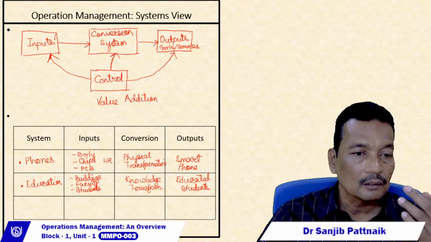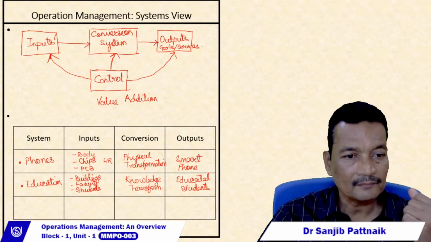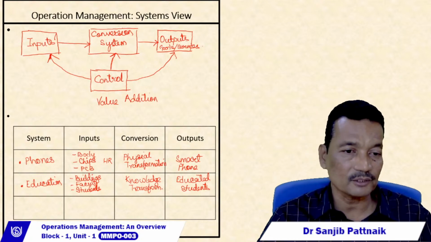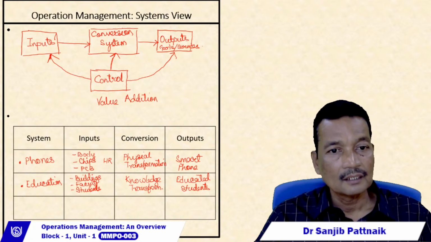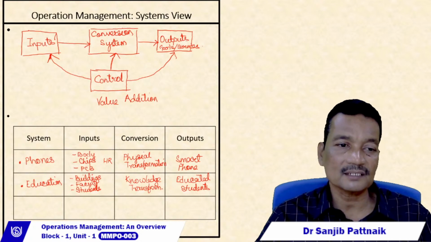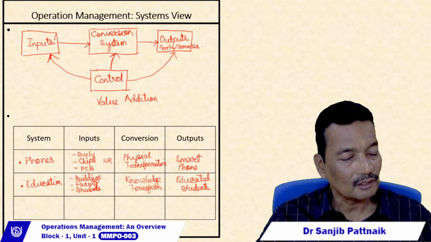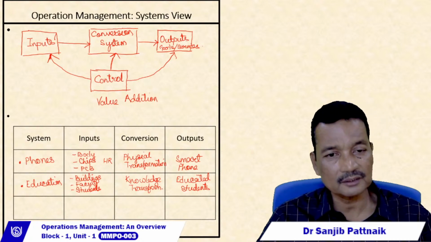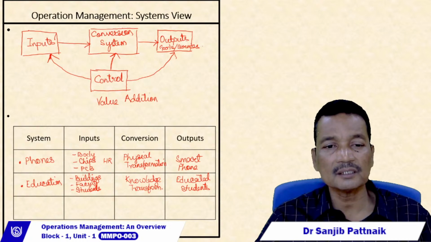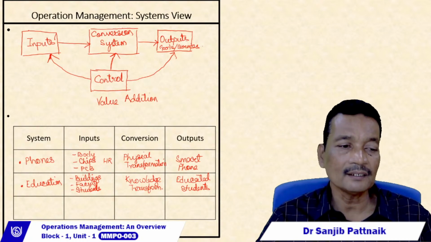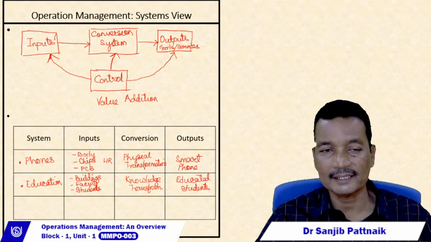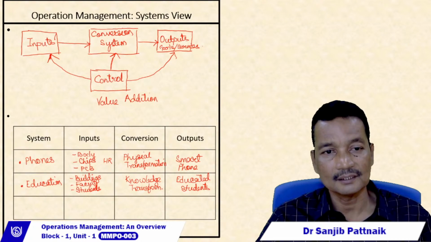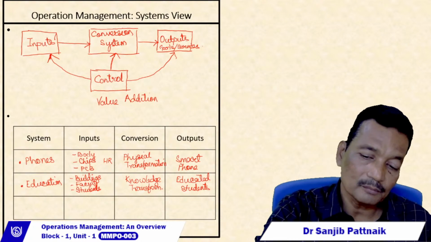So one from the products I have taken, one from the services, education service I have taken. All of us can do this exercise. You can put any system, try to visualize what are the inputs, what is the kind of conversion that goes on, and what are the outputs we are getting. And are the outputs generating value for us? Yes, that should be the basic focus.